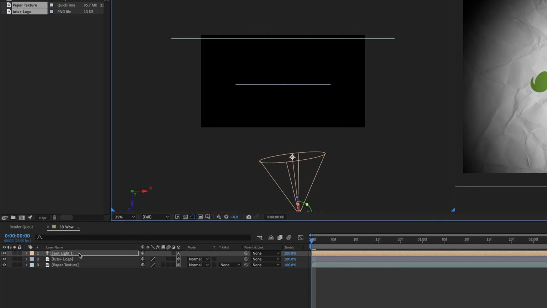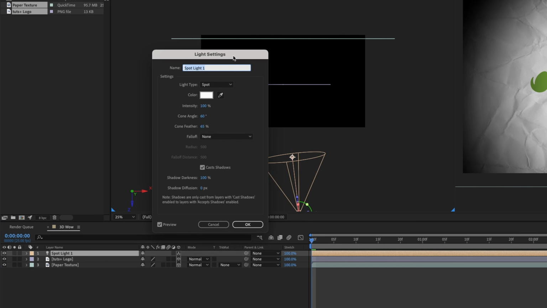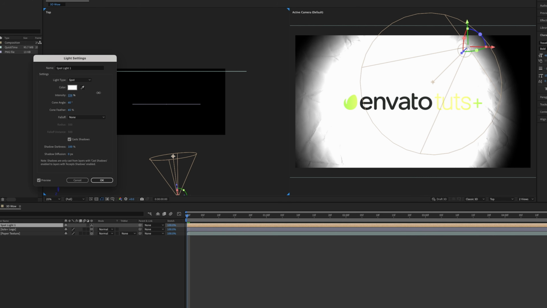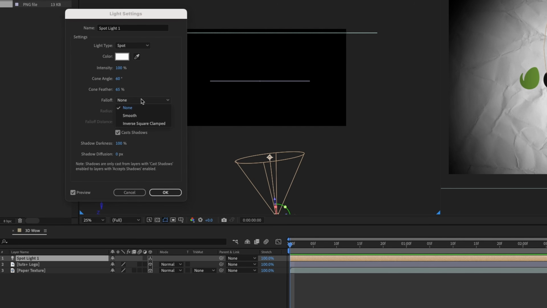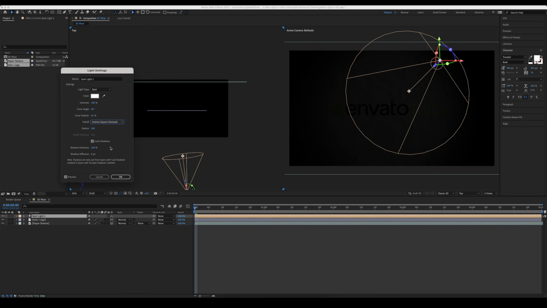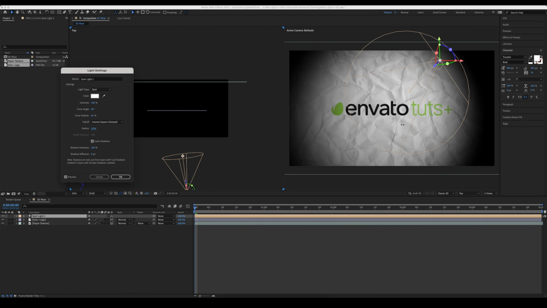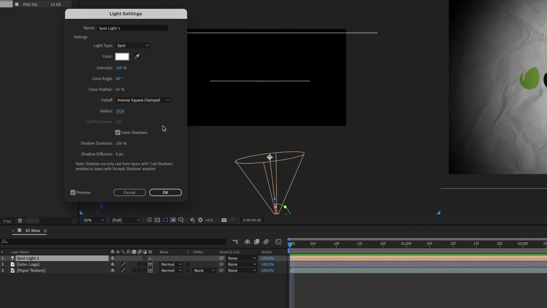If we double click back into the spotlight, it's going to let us change things. So let's change the intensity to see what it does. Ooh, it blows out. Let's go back to 100. If we wanted to change the falloff, which is basically the ramp between white and black in terms of our shadows, we can change that here. If we go down to inverse square clamped, it's going to make things very dark, but then if we bring the radius up, we're going to get back to where we were, but have a much nicer, more natural shadow. So the next thing, let's make sure this says cast shadows, and then we'll click